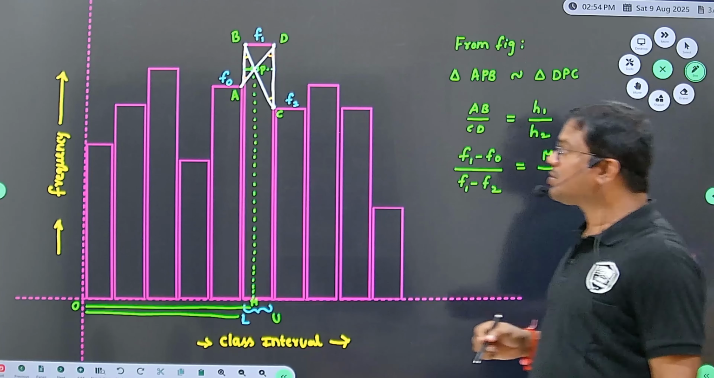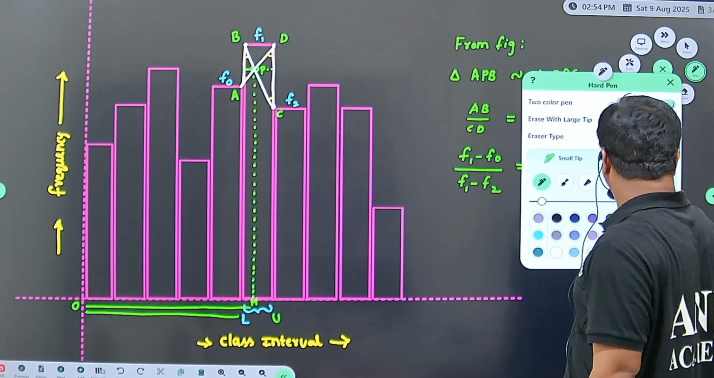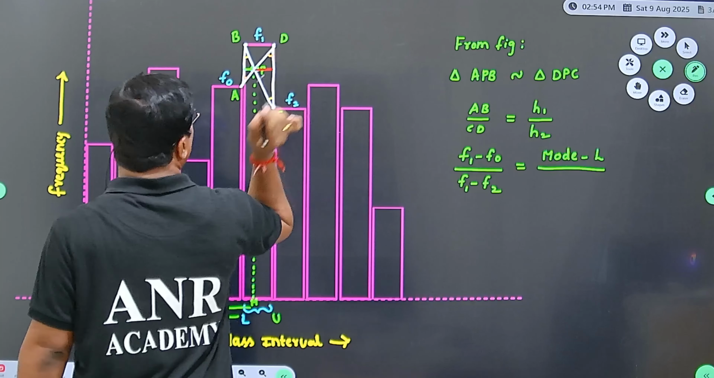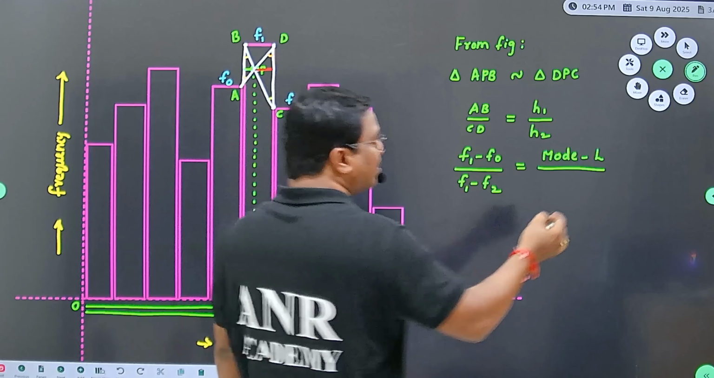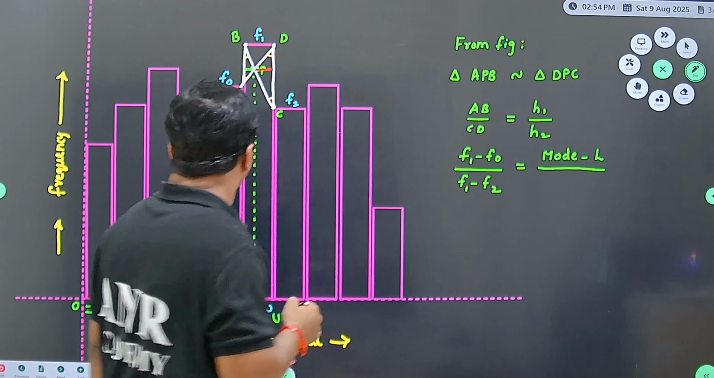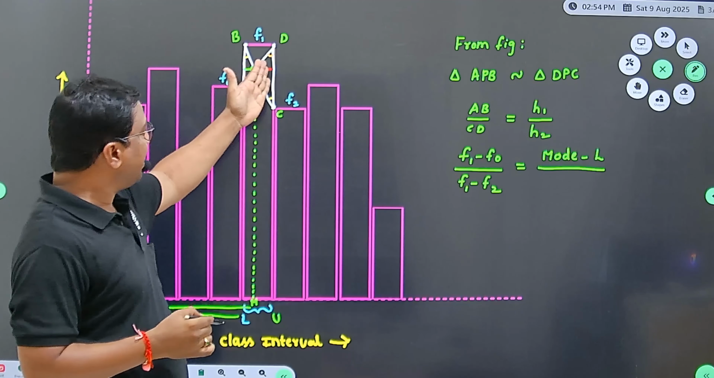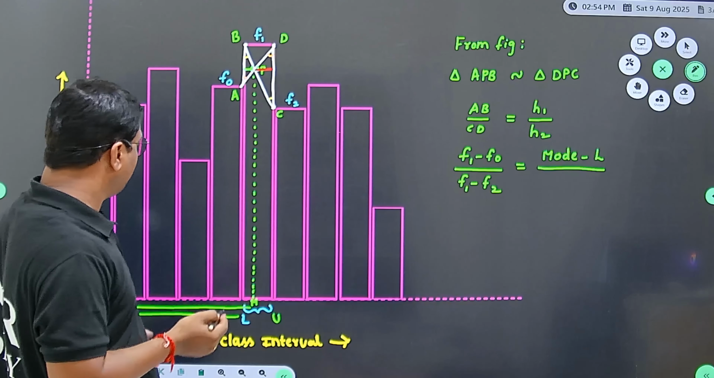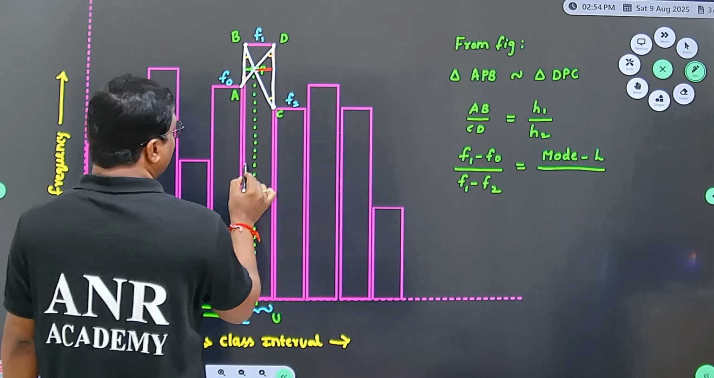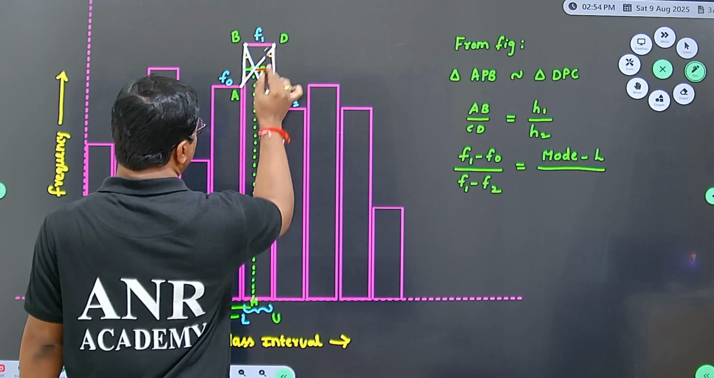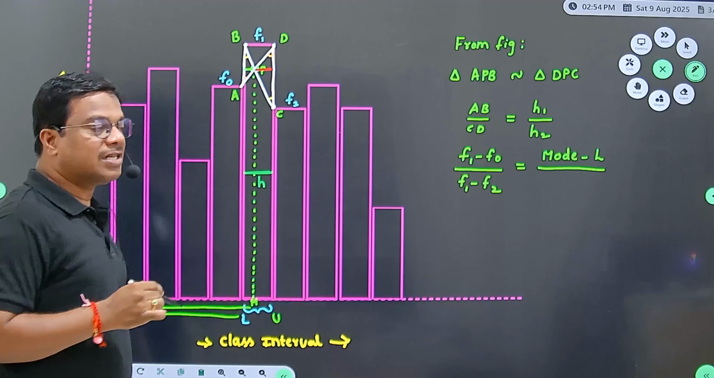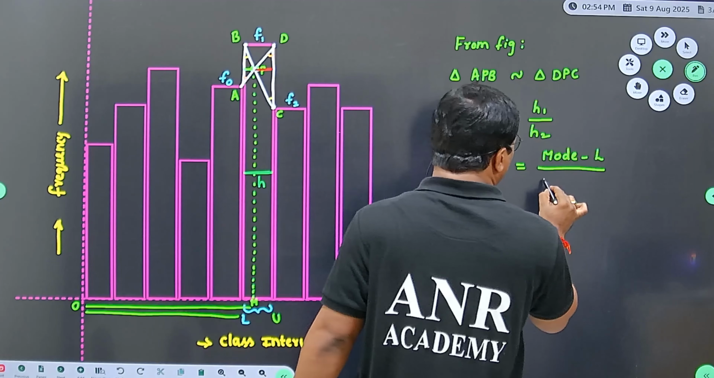Next, H2. H2 is the height of the second triangle. This height that I am going to write, see, this height can be written as actually from B to D. This is known as the width of the class interval. From the width of the class interval,